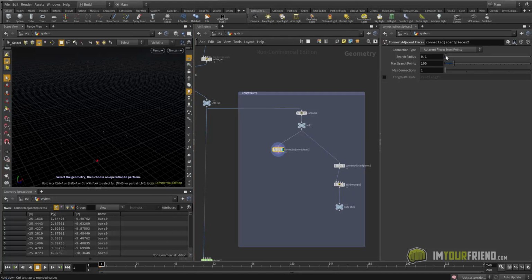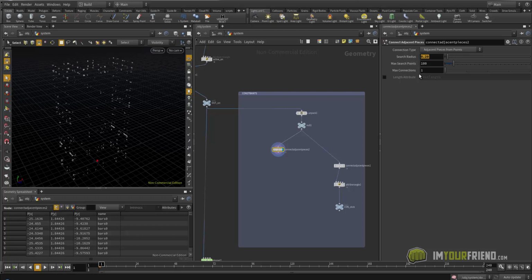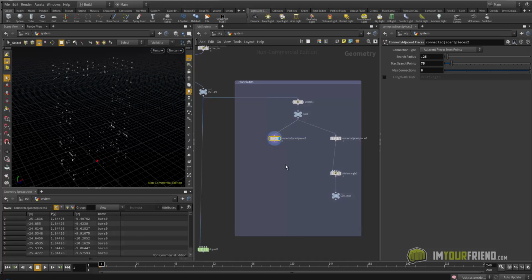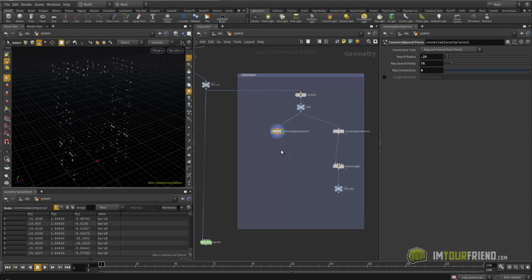Let's bump this bit up. Let's get a little thicker, probably like 0.25 is good. Let's do max search points, like 75. And max connections, do like 8. It's kind of like a multiplier. All right. Now the next, let's do a